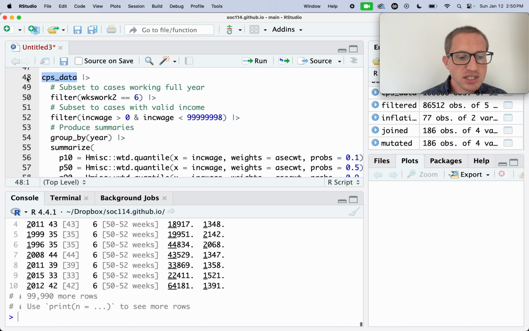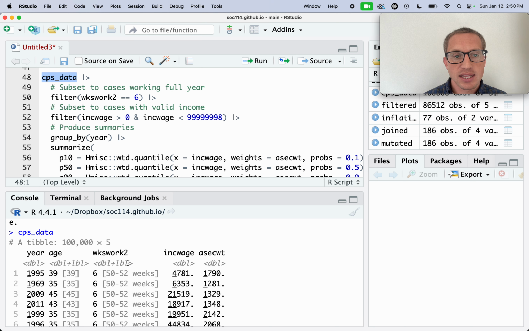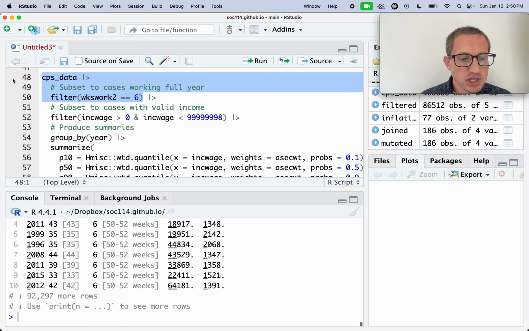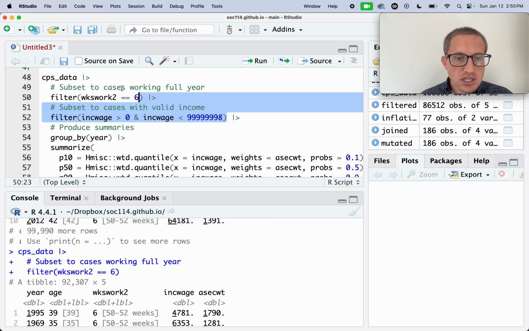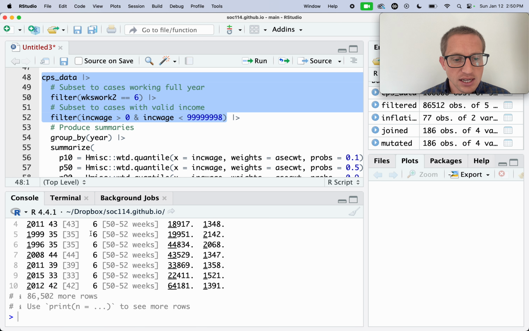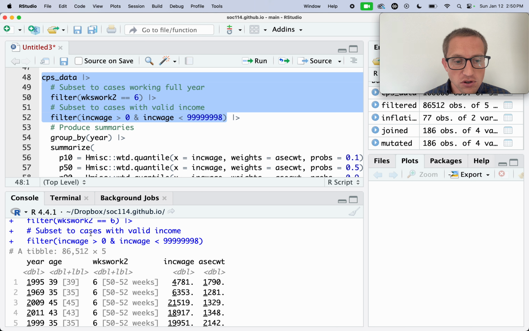We started out with our CPS data. Remember, this is data that had several variables in a survey recorded for each of 100,000 people. We then restricted to the cases for whom the week's work 2 variable equaled the value 6. Once we did that, we had a data set with only 92,307 cases. We further restricted to those with valid values for the inc wage variable corresponding to incomes. So we now have reduced to a data set with